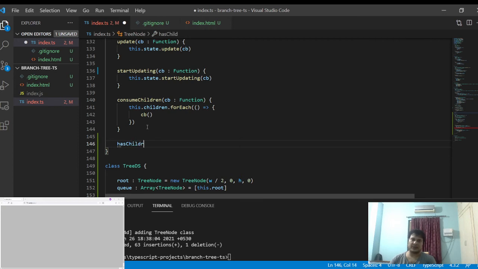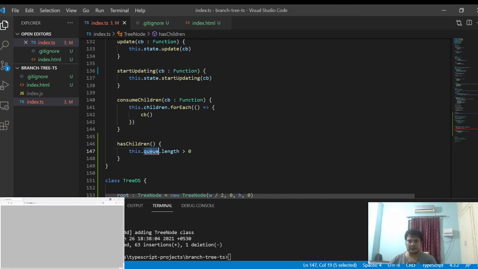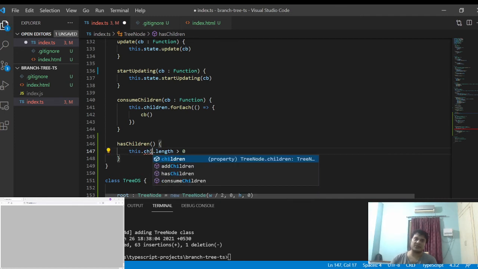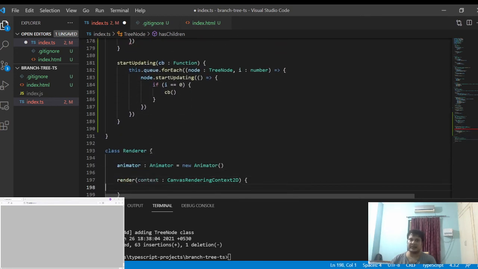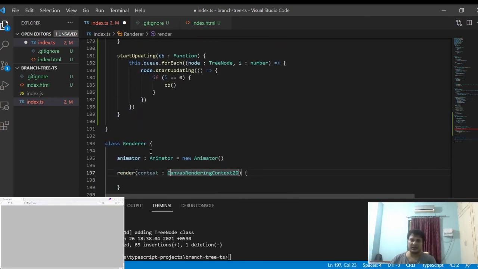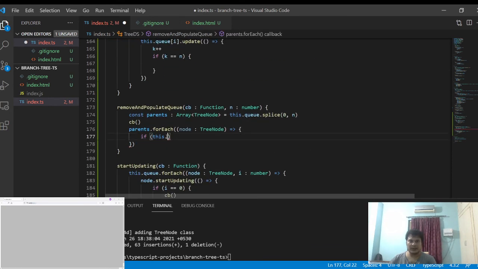We'll define a variable as children, so this.queue.length greater than or equal to 0. So for each node, if the children length is greater than 0, then it has children. Only if the node has children.